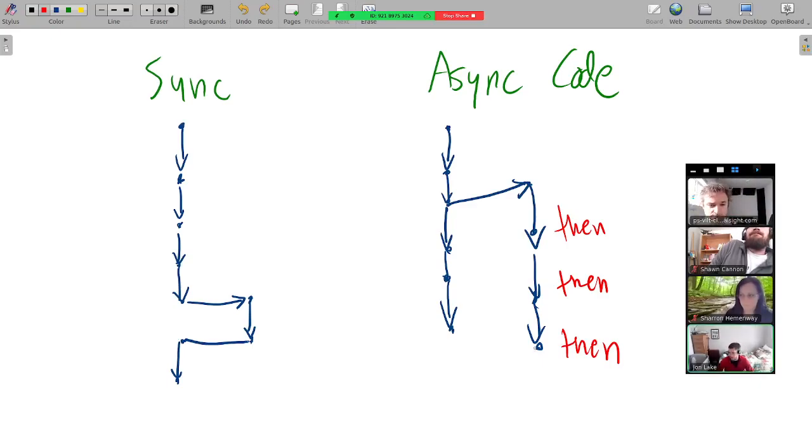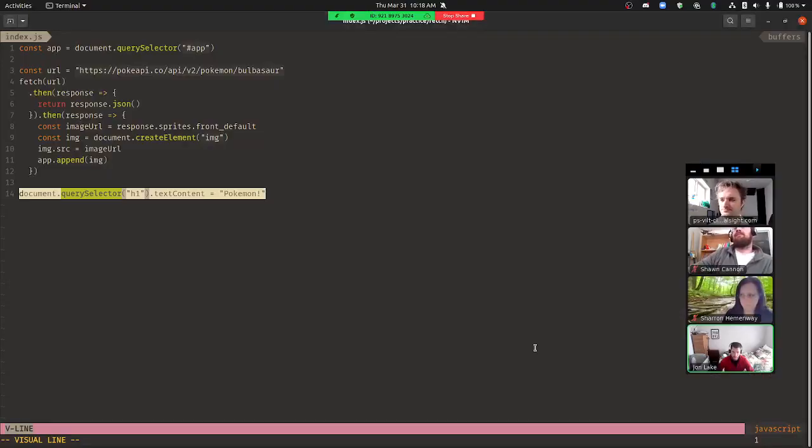Would this be a good time to ask about a loading indicator? Sure. Because that's part of our requirements for the Pokemon. But you know, hey, we're waiting for something to come back, so we want something to be displaying that it's loading while we're doing it. Beautiful. So probably the easiest way to do something like that is,